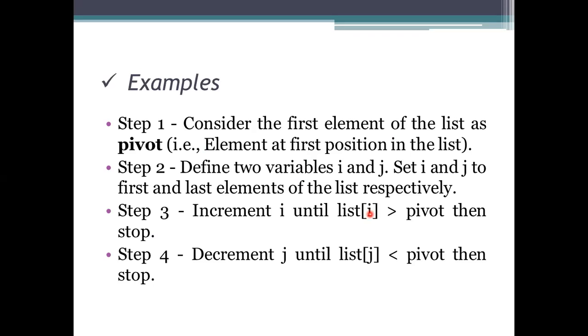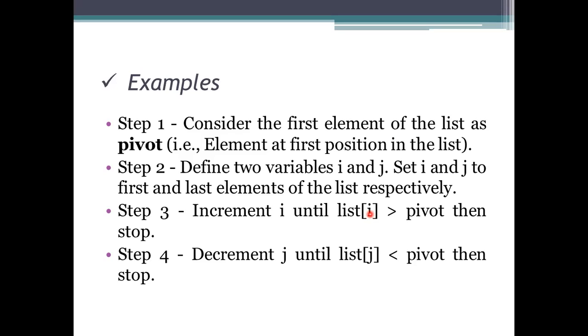Okay, so the first step here is to select the pivot element which is at the first position of the list, and we need to define these values I and J. I means low value, J means high value, which are at the first and the last positions of that representation. If we are performing the partitioning, we need to move from I to J. So I means from the starting, J means from the ending. If you move on to the next subscript, we need to increment the I value. The J value has to move to the previous value. That's why we are decrementing the J value.